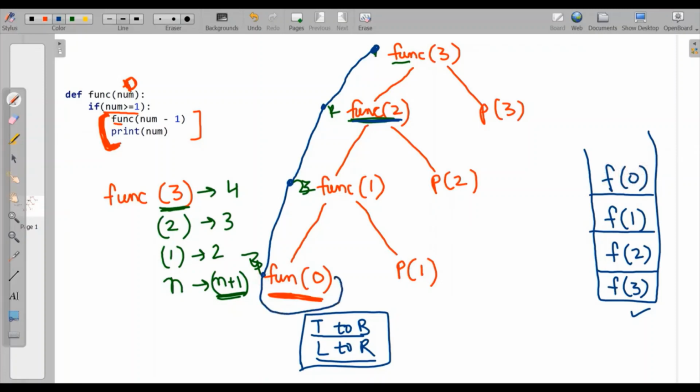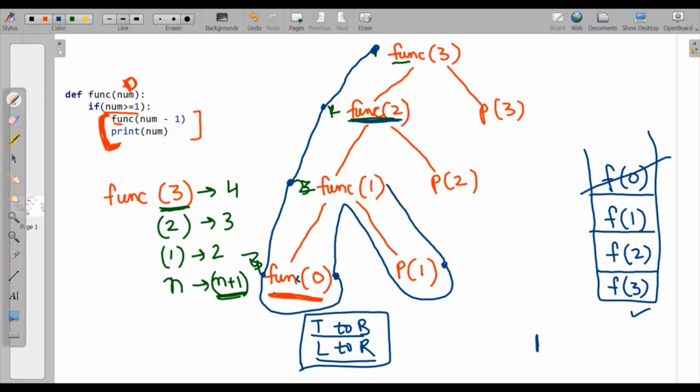Now, while returning back, whenever I visit this recursive call for the last time, I will pop that recursive call from the stack. So here, this is the last time in func0. I'll pop it up from the stack. Then I'll go to func1 and here I'll go to print1 as it is going from left to right. Now it is saying print 1. So I'll write here for printing 1.